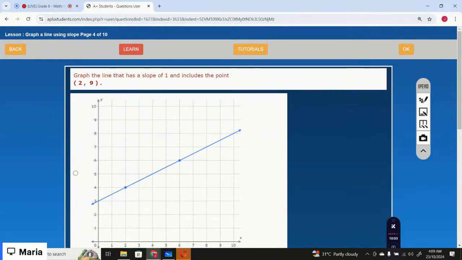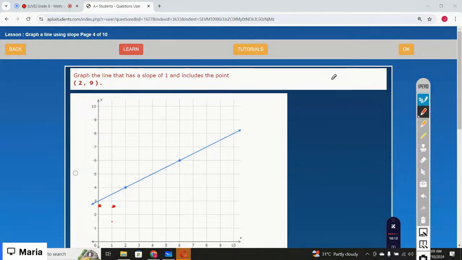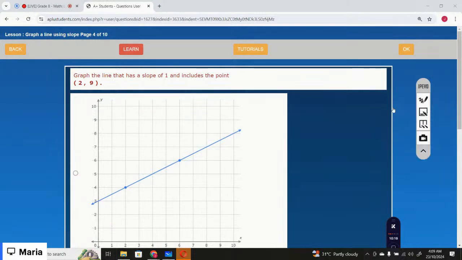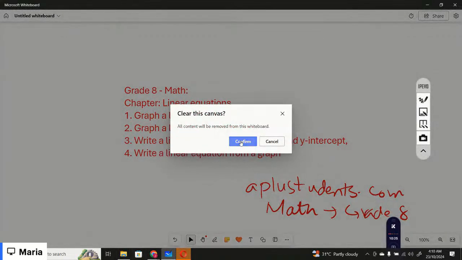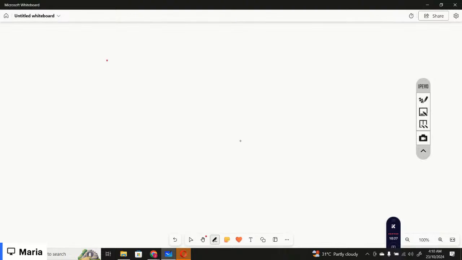Okay, you can complete the lesson by yourself. The important thing you need to learn here is if you are given a slope and a point, right? What you have to do, for example, you are given the slope that is 1 over 9. Let me just try it on the board. For example, you are given the slope that is 1 over 9 and you are given the point that is 0, 0,